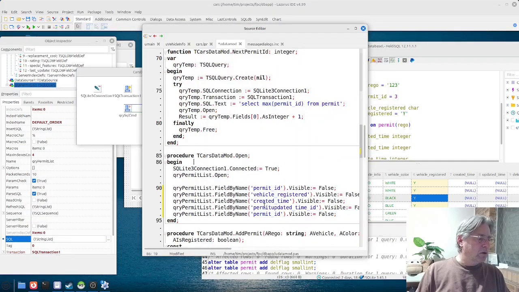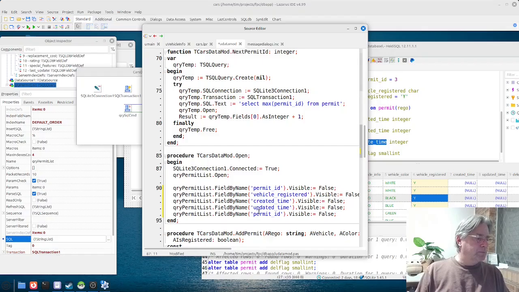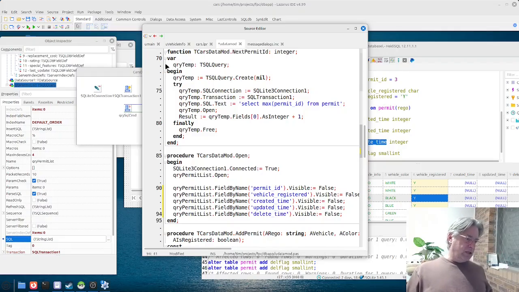And what happened there? No, that didn't. That looks better. Deleted time. Whoops. Okay, that should be deleted, but let's fix it up next time, shall we? I'm not worried about it right now. So, with these statements here where we can make the fields invisible,